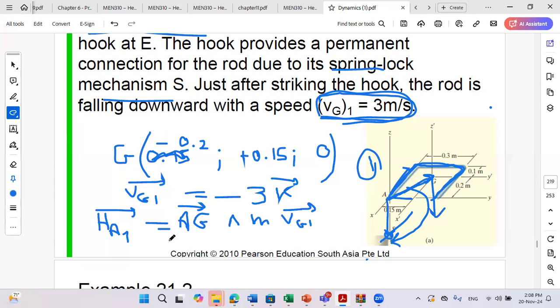Since A is the origin, the AG vector is minus 0.2 I plus 0.15 J, crossed with